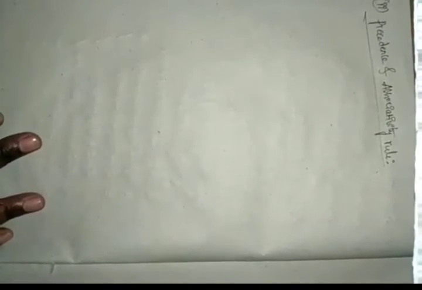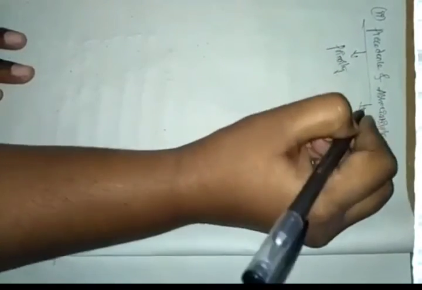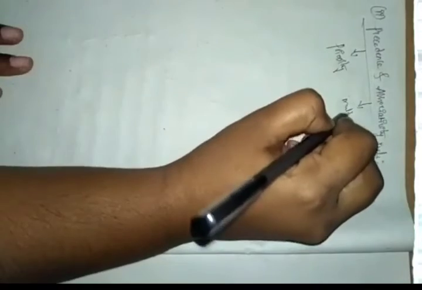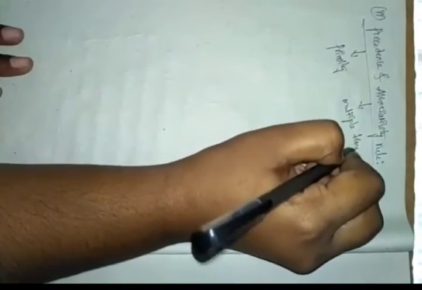Your precedence rule decides the sequence in which operators must be evaluated, so which one is evaluated first. Your associativity rule decides the sequence when operators are used multiple times or at the same level. So the associativity rule takes the multiple occurrences, and here it follows our BODMAS principle only. Like this, we are giving the precedence and associativity rule.